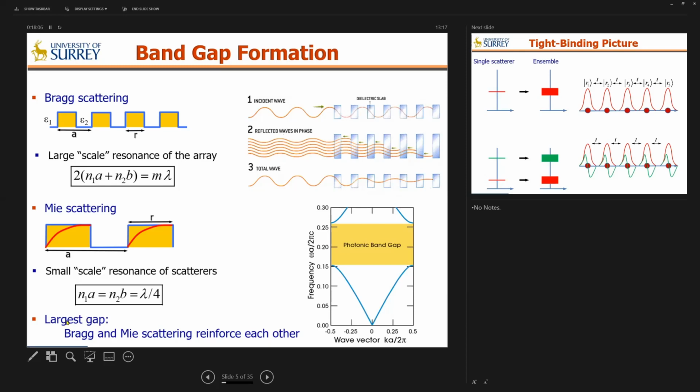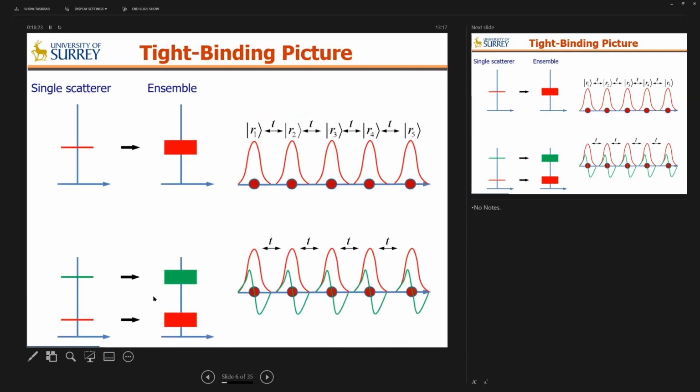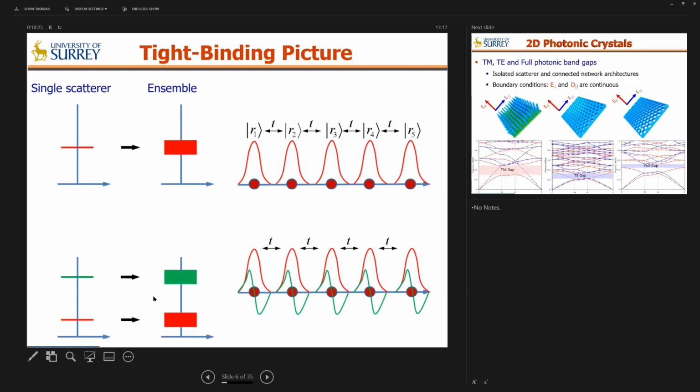And I'm going to say that the Bragg scattering, the one presented here, and the Mie scattering, the one presented here, reinforce each other to produce the largest gap. And this is the traditional, the conventional picture that we develop in this module regarding the origin of the photonic band gap. There is a different picture, which you probably have encountered in solid-state physics when discussing the formation of